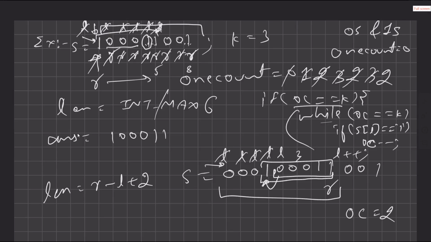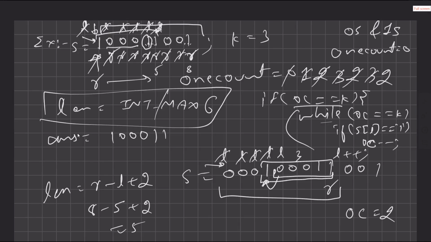Here the length, if you see, 1 2 3 4 5, will be 8 minus 5 plus 2, so you have length 5. And if we check the current maximum, which is 6, here you have got length 5, so obviously this one is better, so your length will be updated to 5 and your answer string will be pointing to